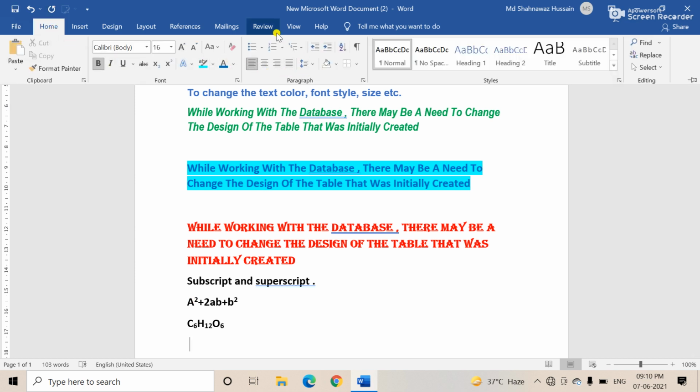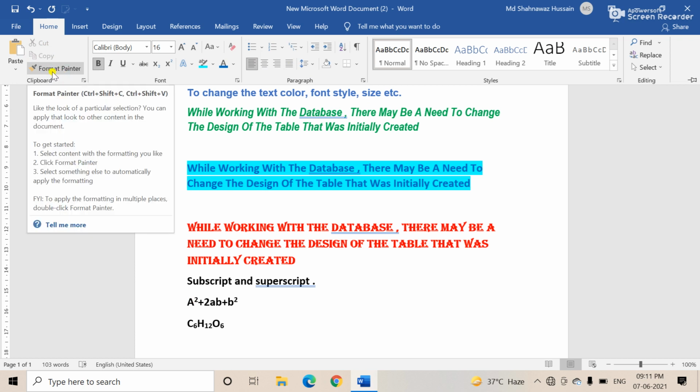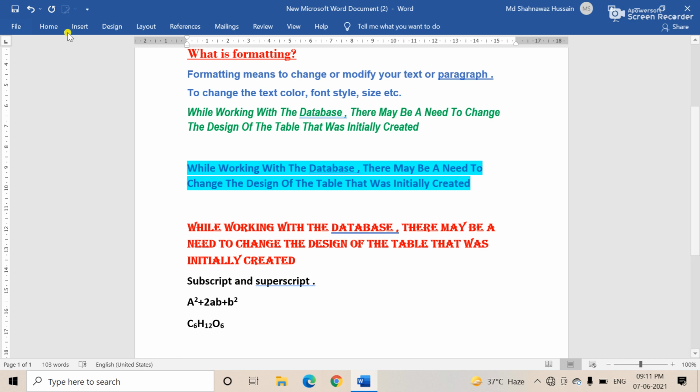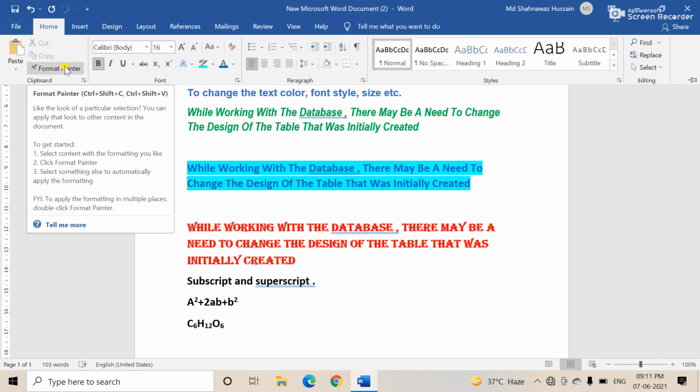alignments. Okay, see that the paragraph is there, and all of you know copy, paste, cut. But here is one more thing, format painter. This is a very important thing. I show you. First, suppose, we discuss what the format painter is. Format painter means, you all know copy paste. Copy means you duplicate. But in the case of format painter, just copy the format only, text format only.